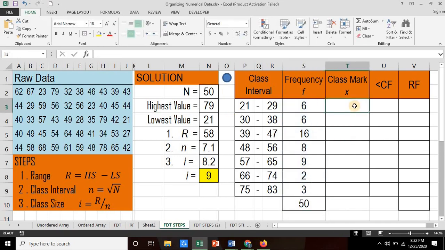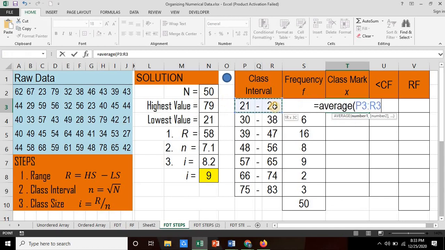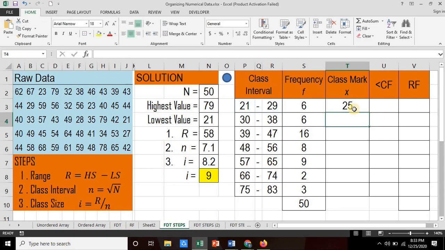Next is to compute for the class mark. This is simply equals average, open parenthesis. We highlight the location of the upper and the lower limit. So that's equals average P3 colon R3, enter. And the class mark is 25. This is now the midpoint of the lower and the upper limit. If we drag this formula, it would also compute for the rest of the class mark of the other class